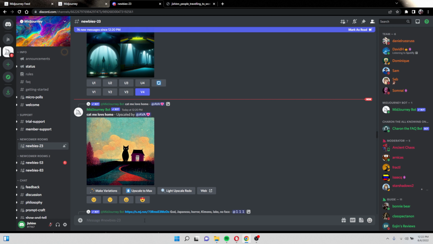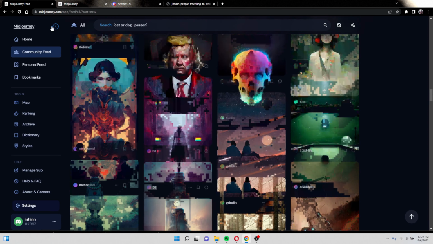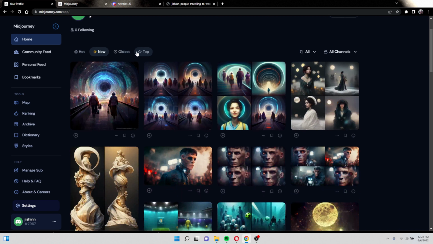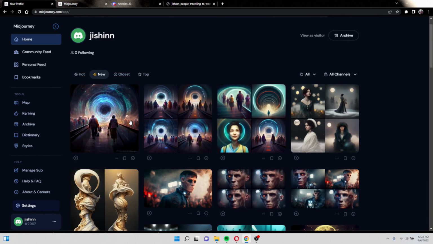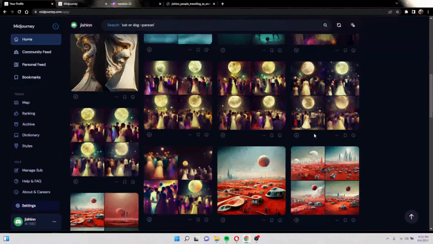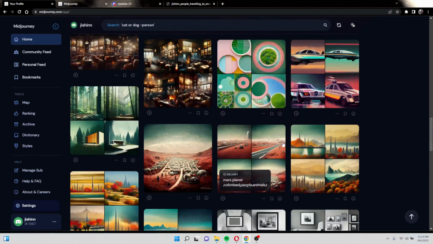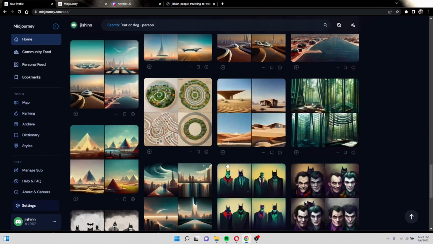Another thing we can see is, once you have created your images, you can go into your Midjourney page, and on your home page you can see all the images and all the trials we had done. All of the images we can see in our profile. So these are the images which I have tried out. Basically, the first few images will be of the free version. After that you will be